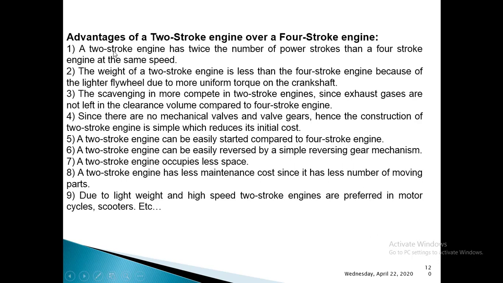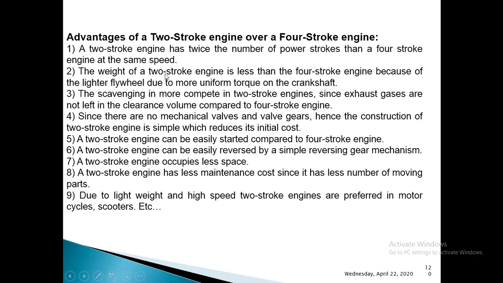Come to the first point. 2-stroke engine has twice the number of power strokes than 4-stroke engine at the same speed. Yes, this is the most important thing there. Because in the 2-stroke, it has a power stroke in every revolution of the crankshaft. So this 2-stroke engine will have twice the number of power strokes than 4-stroke engine at the same speed. For example, if the engine speed is around 1000 rpm, then power strokes in 2-stroke is 1000 power strokes, whereas in case of 4-stroke, there will be 500 power strokes. So that's why 2-stroke engine has twice the number of power strokes than a 4-stroke engine at the same